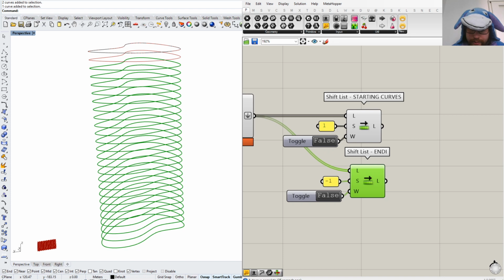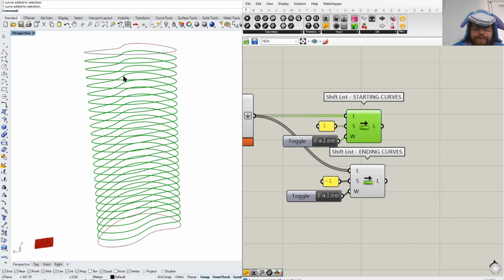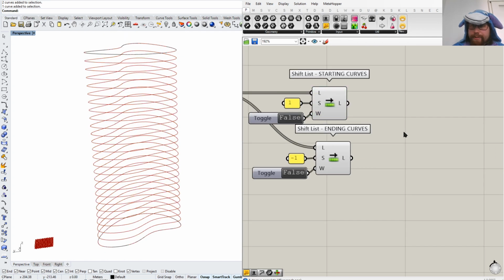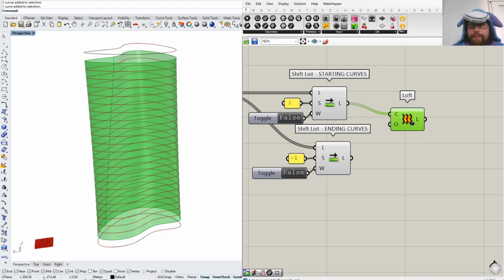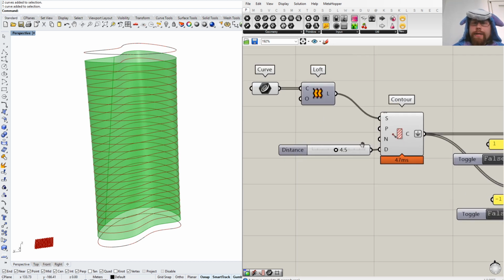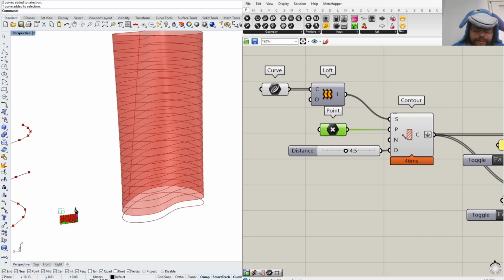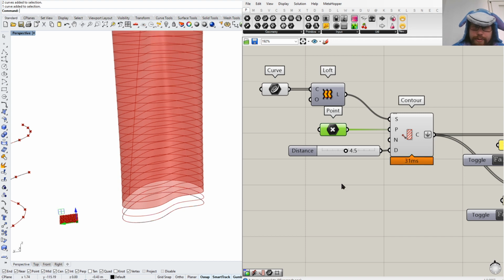Sorry, ending curves. And now we want to make a loft from the starting curves, from every single curve in here. I think my preview is weird, but let's see. If I do loft now, oh yeah, I can get it. The first one is not there. Okay, sorry for this. I'm just going to lower this point a little bit. Yeah, so now